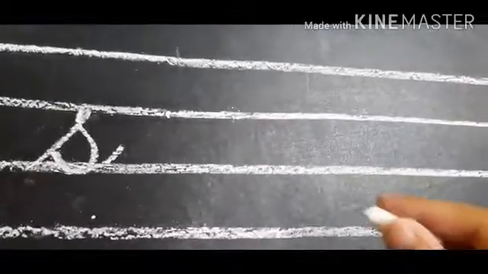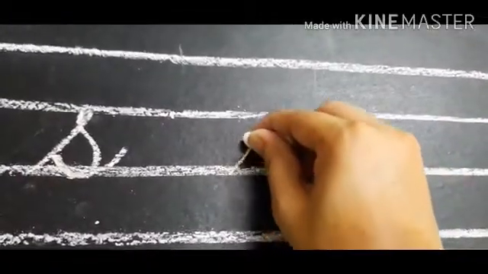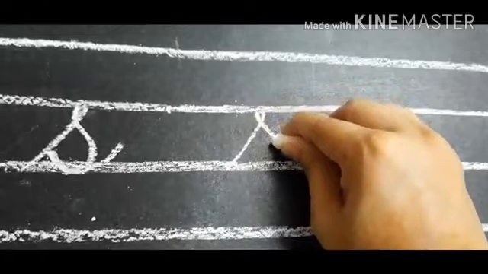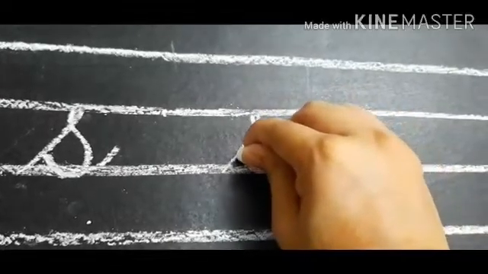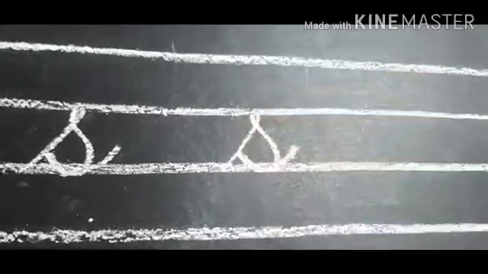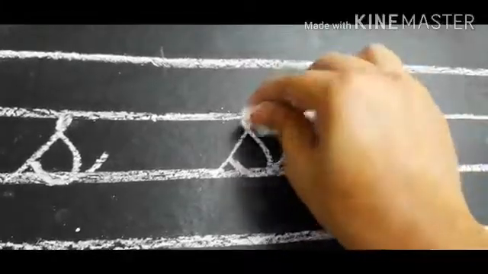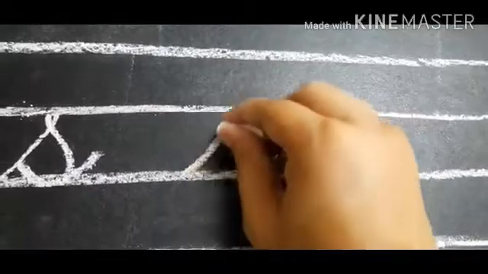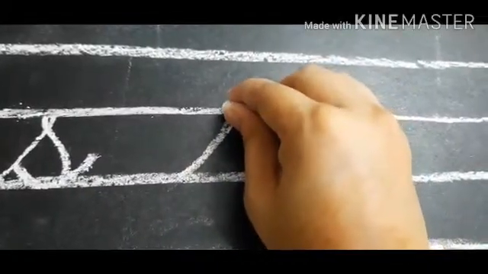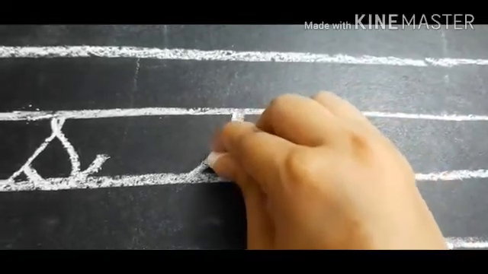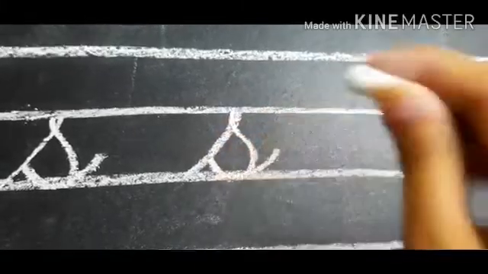Look here once again. From the third line, go slant, take a turn without making a circle, come down, make a half curve, touch the slanting line, go back and out. Cursive S. Look here once again. From the third line, go slant, take a turn, then make a half curve, touch the slanting line, go back and like this.